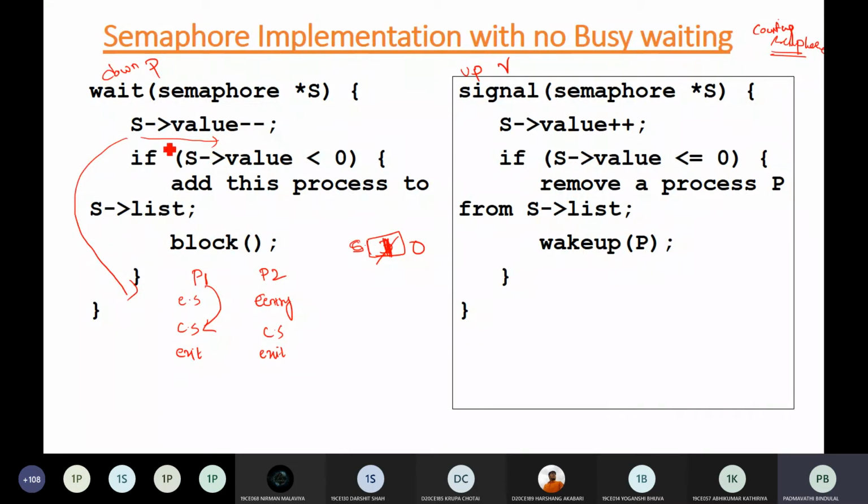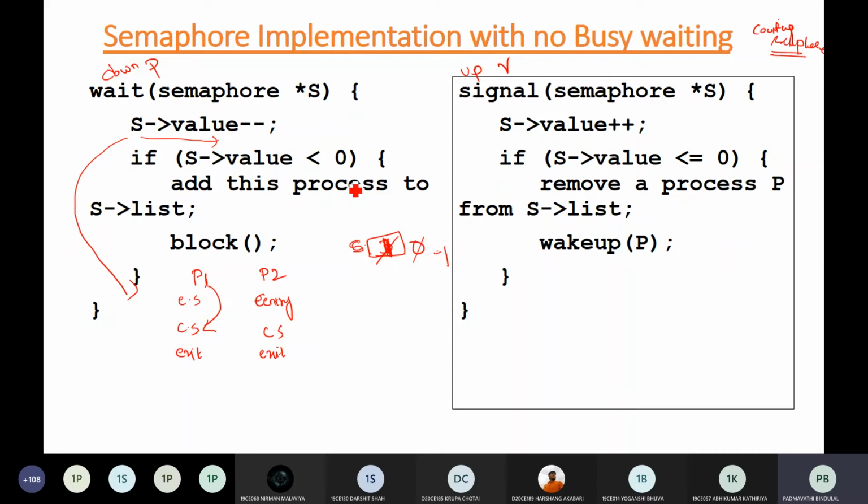Okay, so here S value will be reduced by one, so the value will become -1. Okay, so be careful. If you are working with the binary semaphore, your 0 value will remain 0 itself, because it can take only 2 values. And if you are working with counting semaphores, then in that case your value can be reduced. So we have given the example of counting, so here it will be -1.